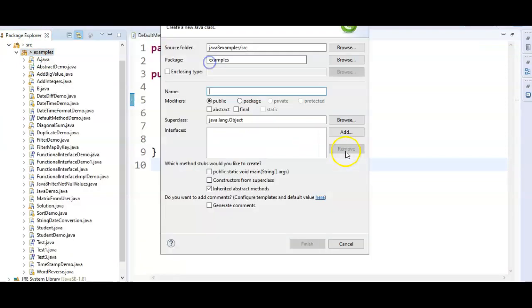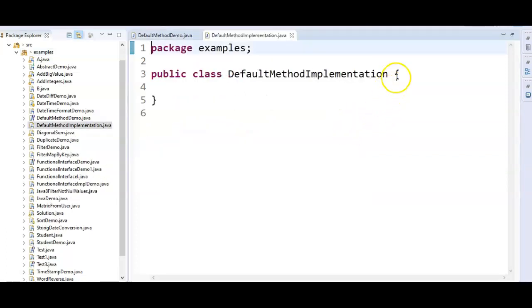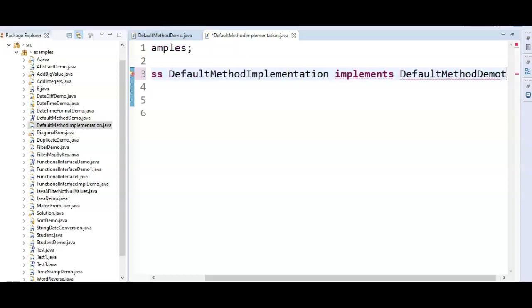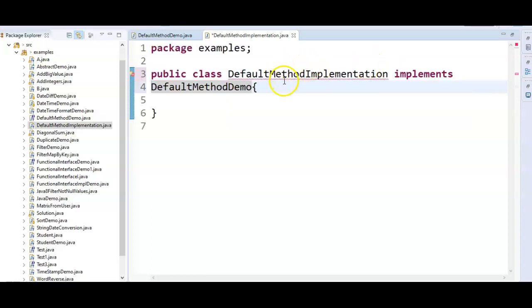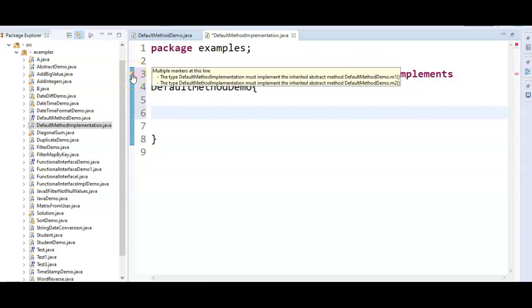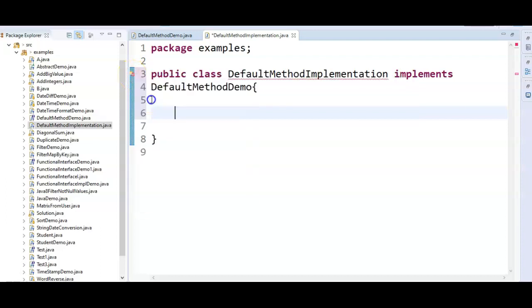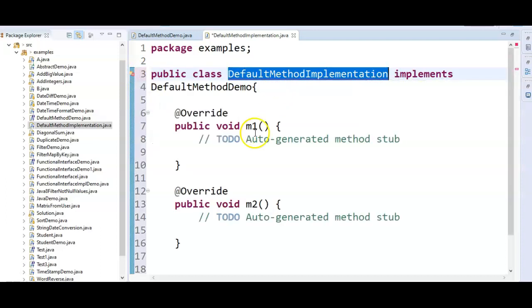So I create a new class, DefaultMethodImplementation, which implements DefaultMethodDemo. Now we are getting a compilation error: add unimplemented methods.